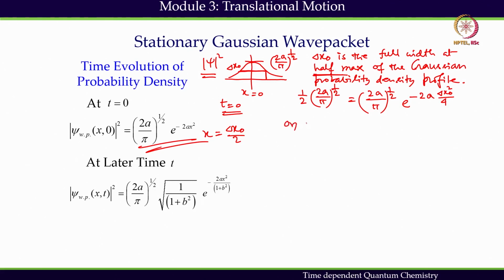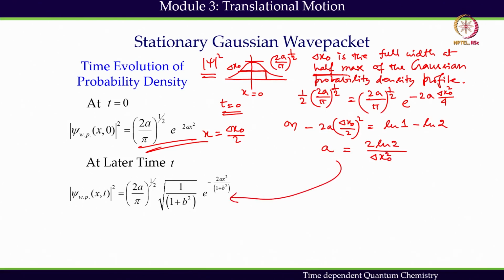Or I can get minus 2a delta x naught divided by 2 whole square equals ln 1 minus ln 2. Or I can write down a equals 2 ln 2 by delta x naught square. I get the a value. Why do I need this a value? Because I have to plug that in here so that I can get the final expression for the later